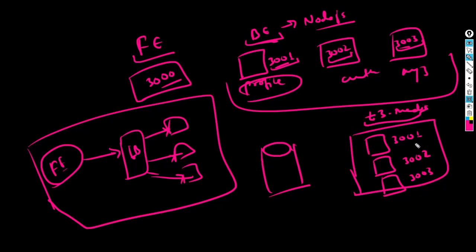So I have like three of them. So what I'm going to do is use the power of Nginx. We know that Nginx is basically used as a reverse proxy. It can do port forwarding and stuff like that. We have seen in the past how we can convert port number 80